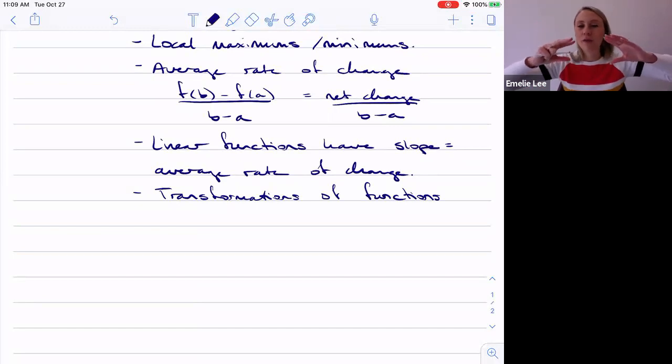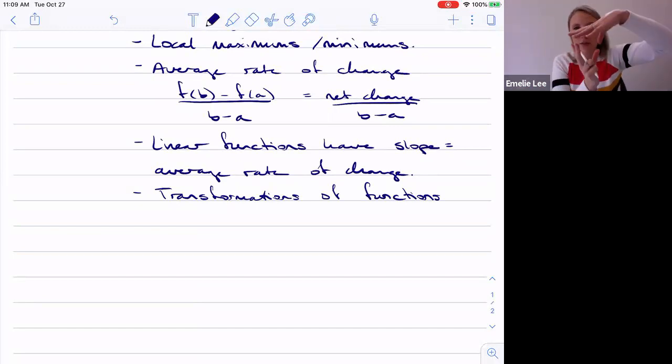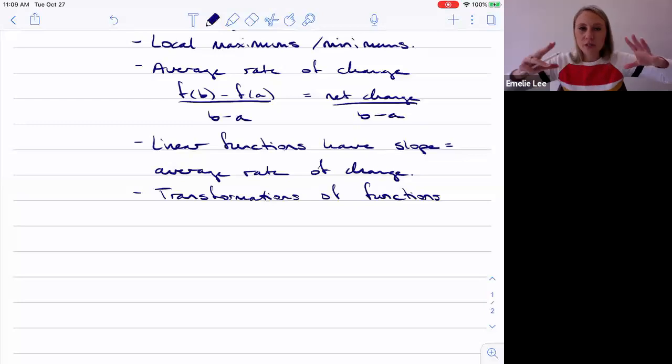We can have vertical stretching, vertical shrinking, horizontal stretching, horizontal shrinking. We can have reflections around the x-axis, around the y-axis, right? All these things are all possible, and we need to be able to break down a function from its core function and see, okay, what changes have been made, and then we should be able to